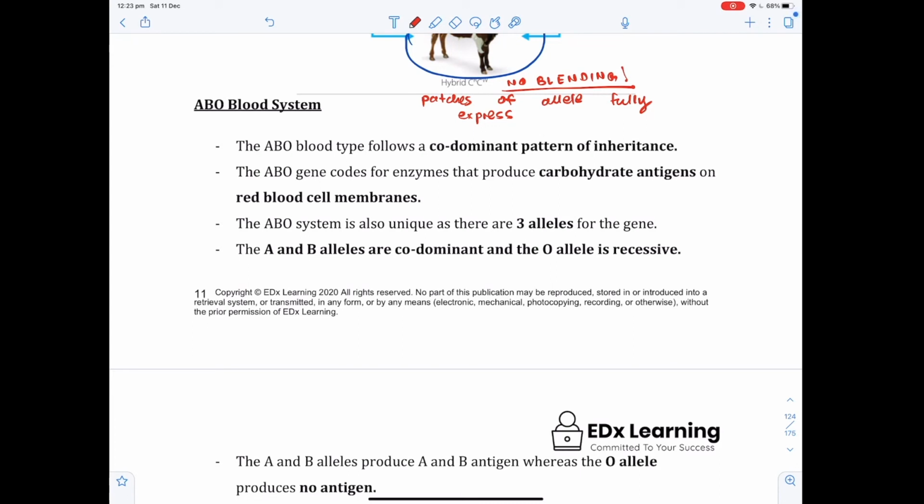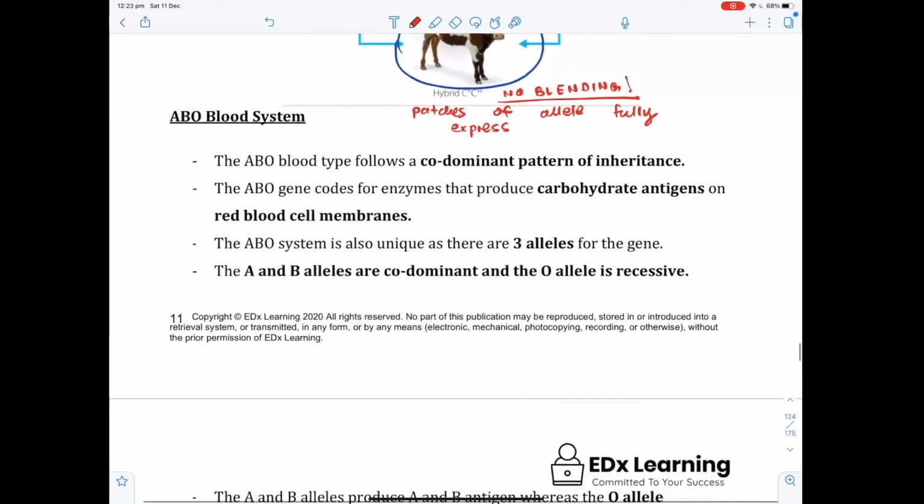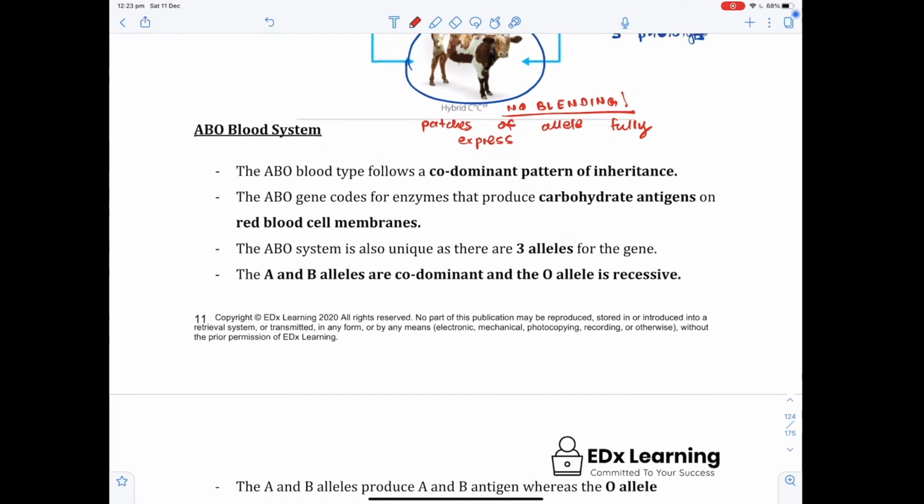In that case, you need to make sure you give them blood products to save their life. But if you give them the wrong blood type, you will kill the person, right? So it's very important to understand how the ABO blood system works. Now, the ABO blood system is not just codominant, it is even more complicated in that there are 3 alleles